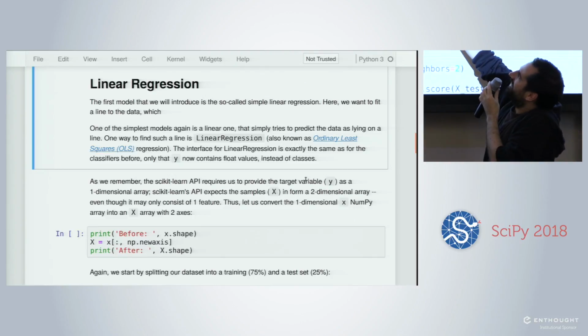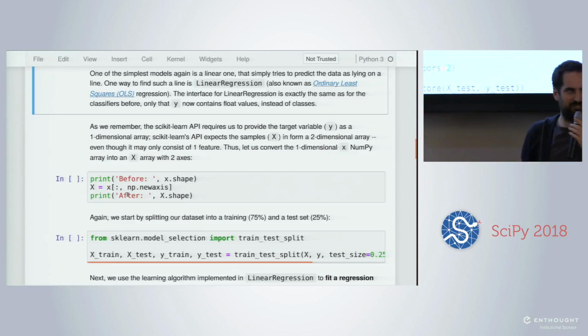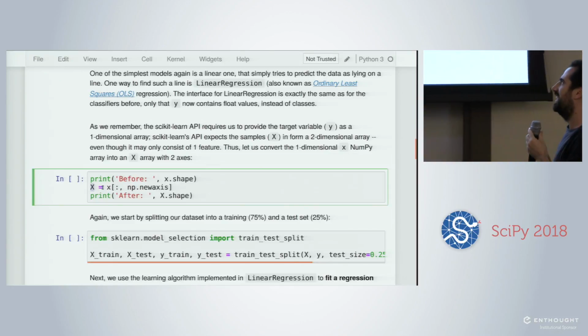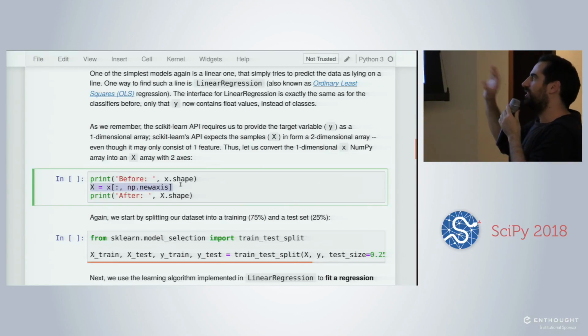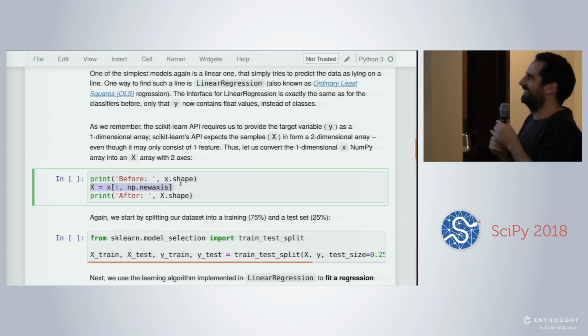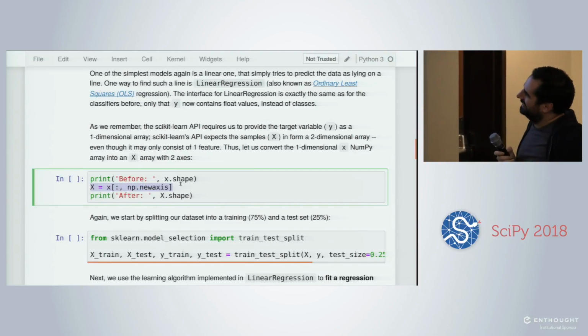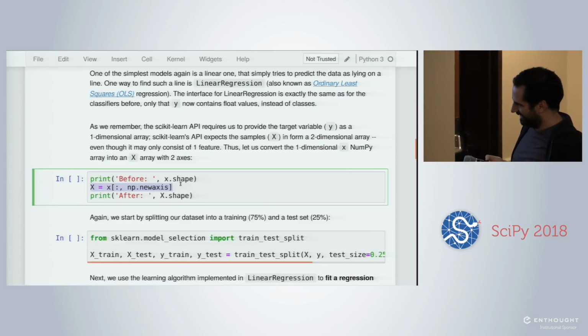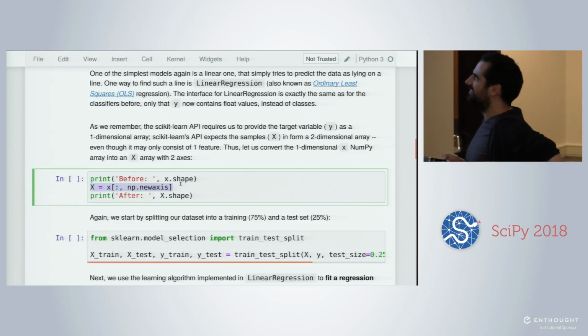But it's really weird that the validation accuracy is larger than the training accuracy. It's because those datasets are so small that we cannot trust those numbers. So don't do machine learning with 150 samples. That doesn't work. So yeah, we get better results.